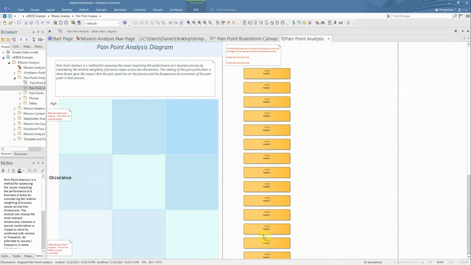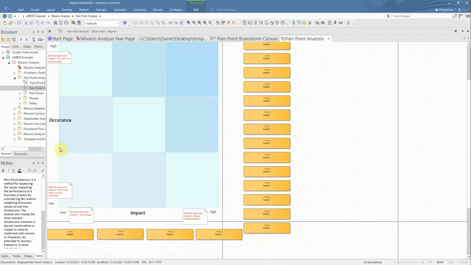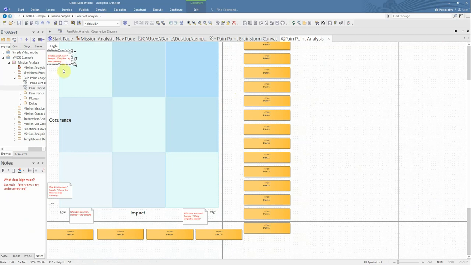These would be automatically filled out. Then you come over and talk about the axis occurrence. These notes say, hey, what does high mean? Does that mean it happens every time? What does low mean? Happen once a year? So you come and fill out these little context notes, and then from there you come and rank the pain